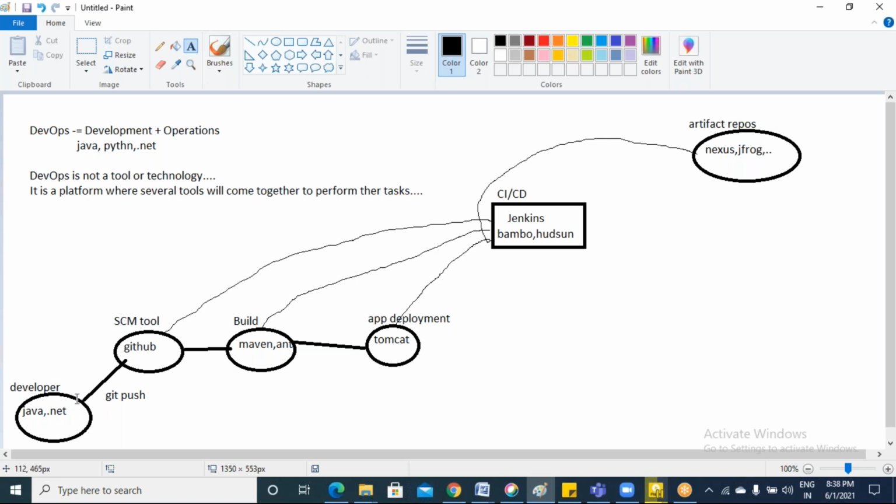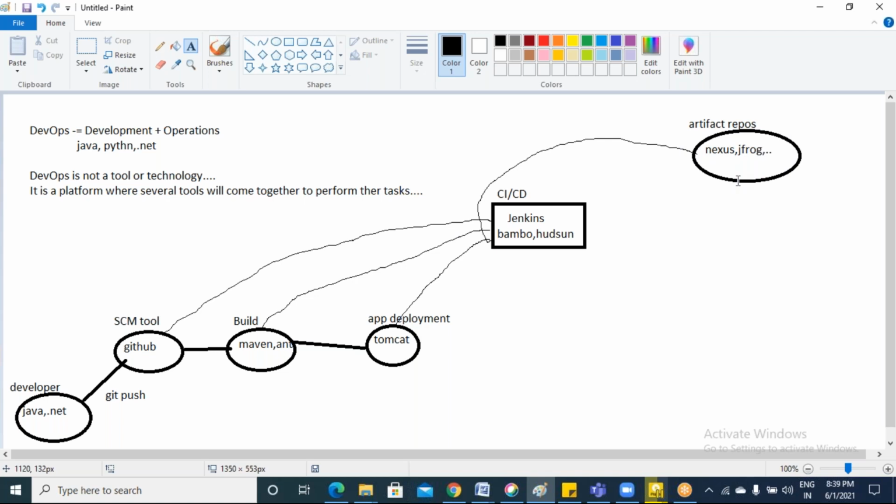Within 1 or 2 hours, the changes will be done. So instead of wasting 1 or 2 days writing the entire code, he can just spend 1 or 1.5 hours on the changes. After that, we can build it. So within 2 hours, our new modification will be with us. Okay, understood. For that purpose only, we are saving these things for our future use. So these tools are called artifact repositories.